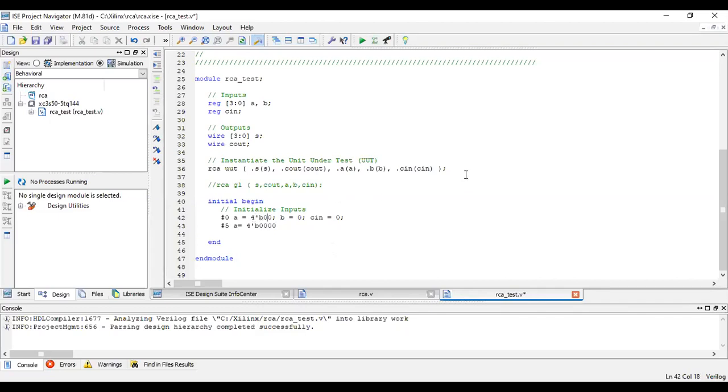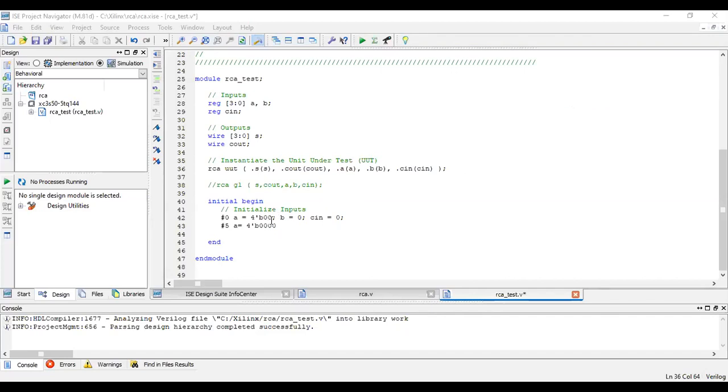So if you take the combinations, A is 4 bit, that means it can take values from 0000 to 1111. Similarly, B is also a 4 bit vector, so it can take values from 0000 to 1111. It can take any of the 16 combinations.